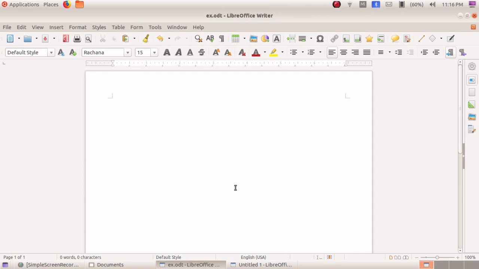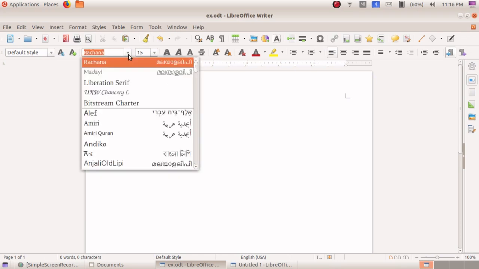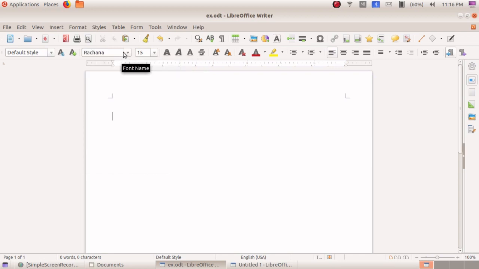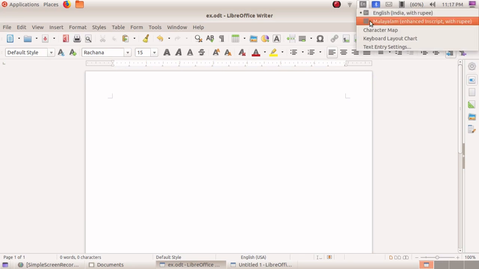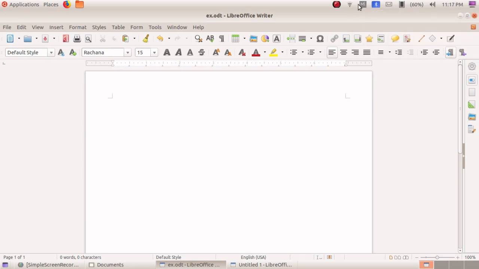Children, next we are going to discuss Malayalam fonts. In LibreOffice Writer, different fonts are available, like English. Here, this is the font name. You have different Malayalam fonts: Rachana, Lohit Malayalam, Meera, Kalyani, Raghu Malayalam, like that. First, how will you change to Malayalam? In the top panel, default English is there. Click on the top panel and choose Malayalam. Then the button will change into ML.